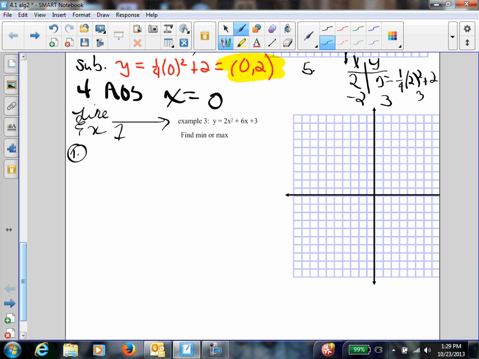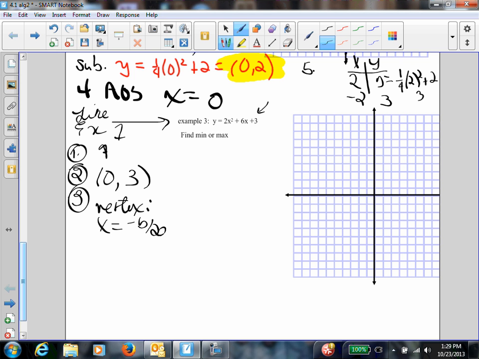Okay, so step 1, what does step 1 ask? How does this open? What does step 2 ask me? That's when x is 0. If x is 0, what is y? It's this value right here. What's step 3 ask? Vertex. Look back at your notes. That means x is equal to negative b over 2a, which is negative 6 over twice 2, negative 6 over 4,